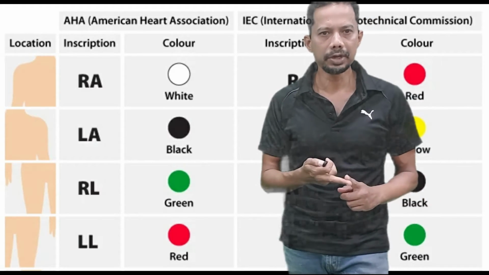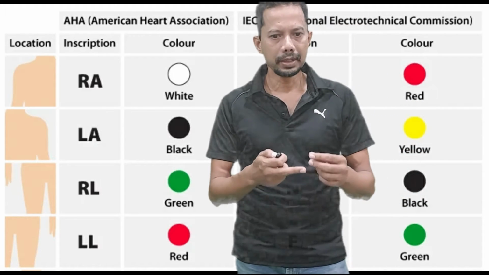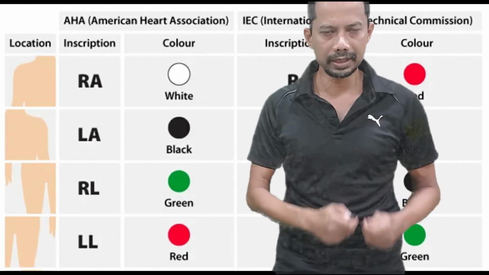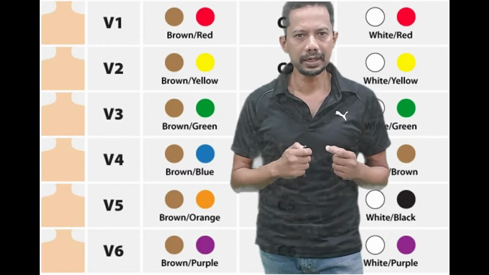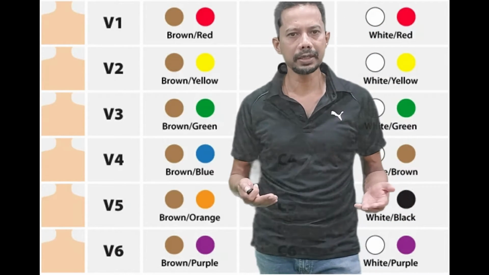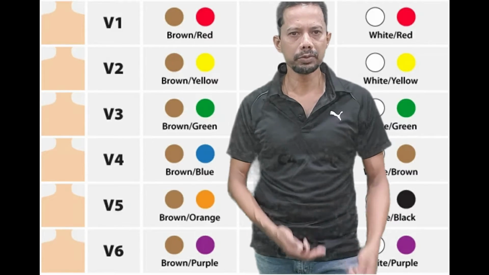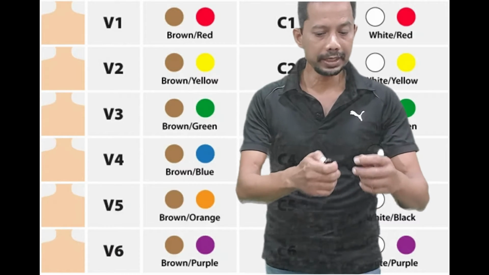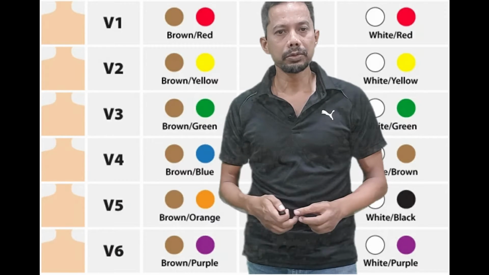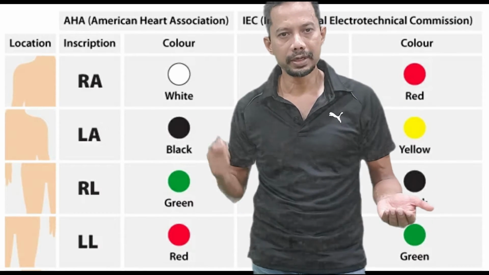So the first thing is you have to connect the leads to the patient, and mind you, all these anterior chest leads and the limb leads have a color. There is a color assigned to all these leads, and it will be helpful if you can memorize by heart at least 2 colors, and you will know by color which lead goes to which limb, instead of picking up a lead and looking at what is written, whether it is left leg or right arm or what. So I have memorized it as green for left leg, red for right arm.